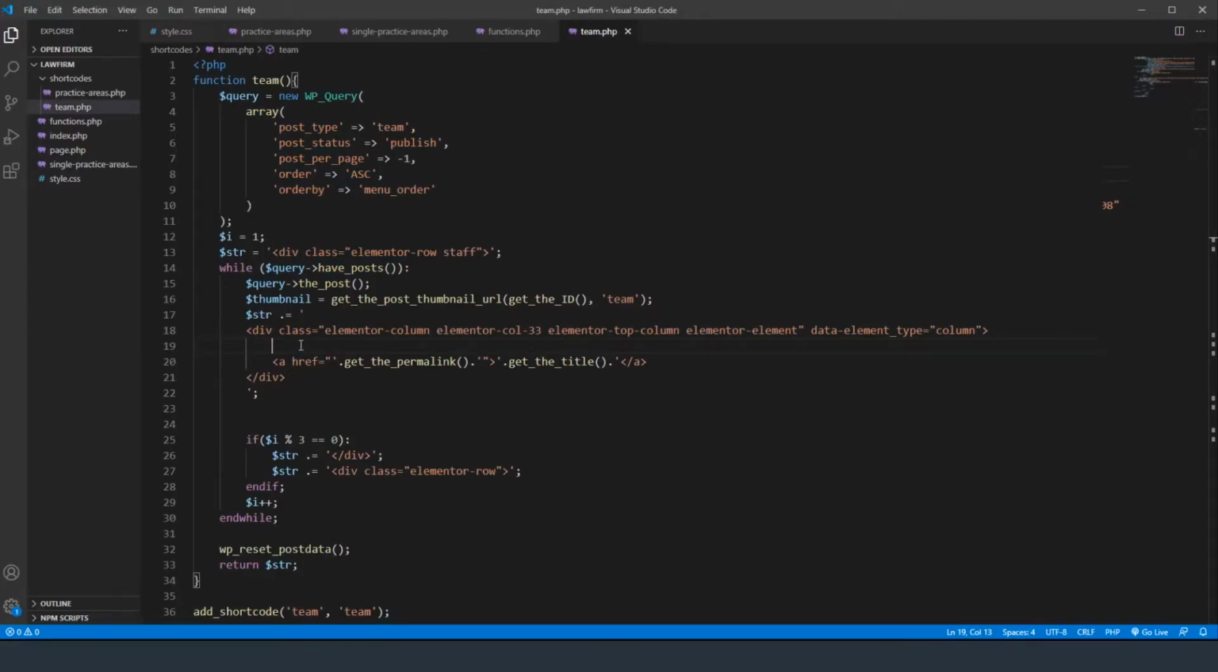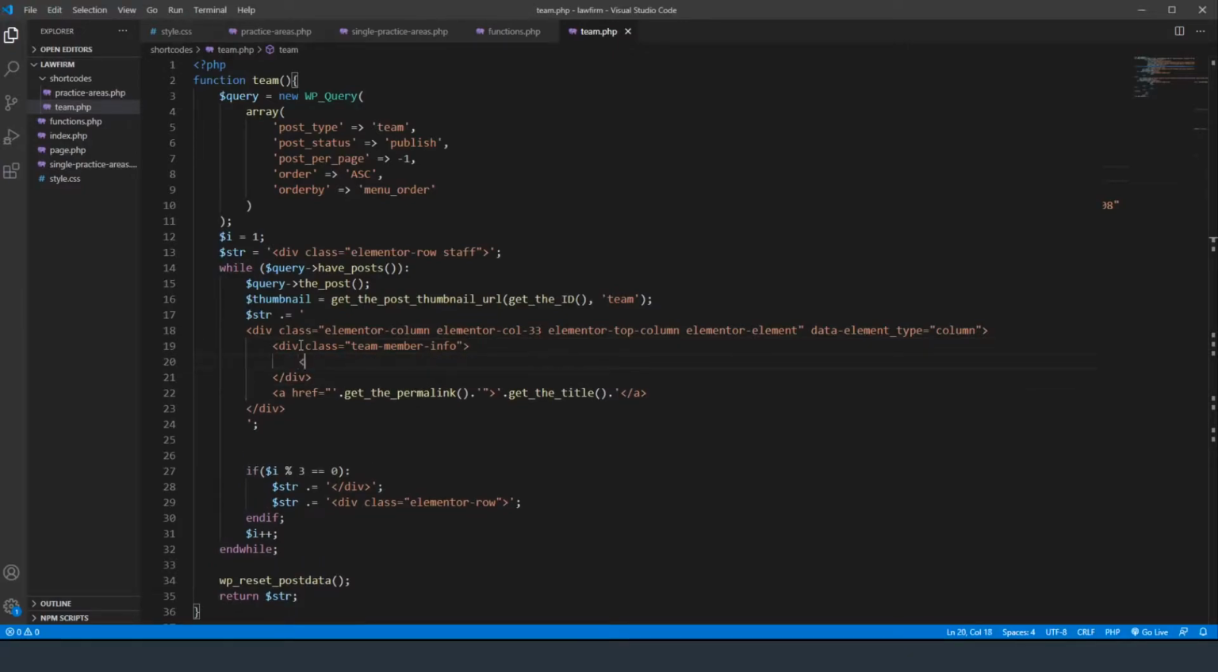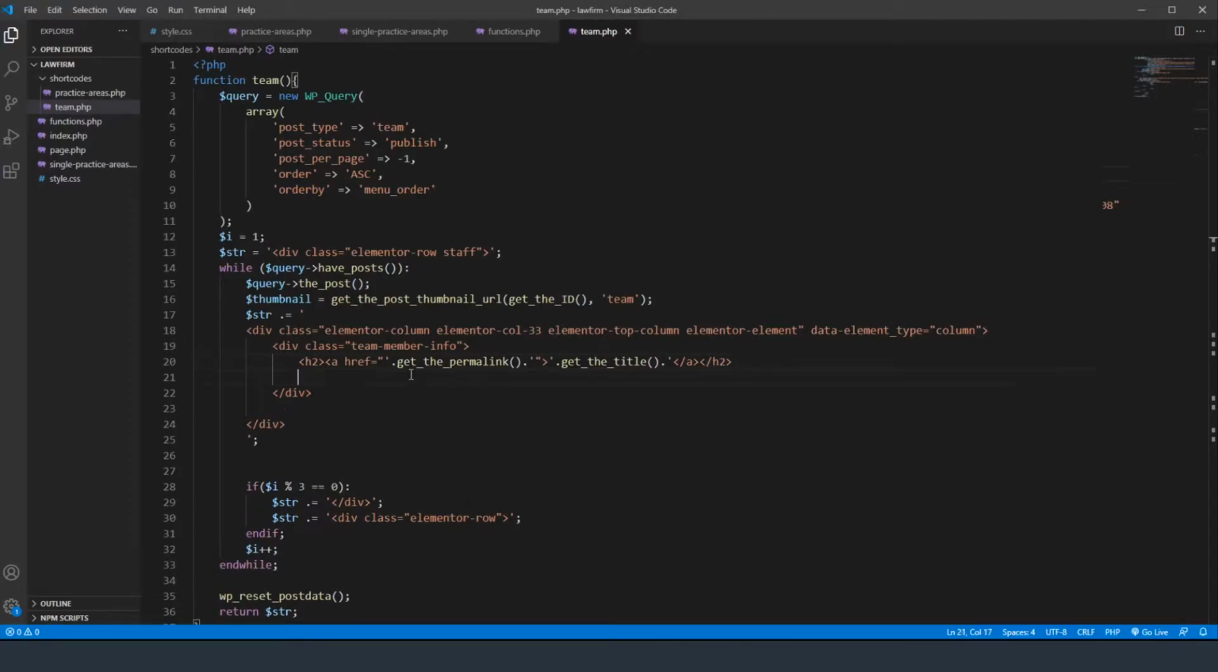Let me see, how do I want to do this? Let's do div class equals team member info. This is where their title and all that kind of stuff will live. And then we're going to do an h2, and let's paste this inside of that so their name is clickable inside of the h2. And then let's put an h3 underneath it, which is going to contain that